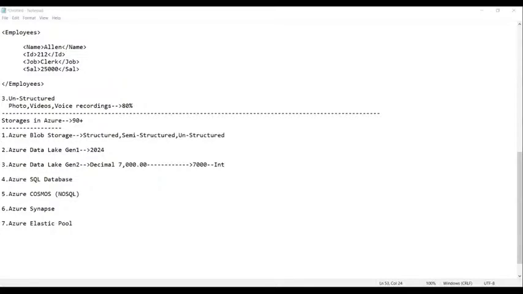In this portal only we are going to work. Can you see it? Click on the more services. No, we can't see your screen. That one.